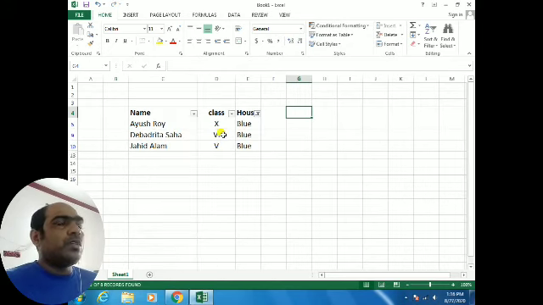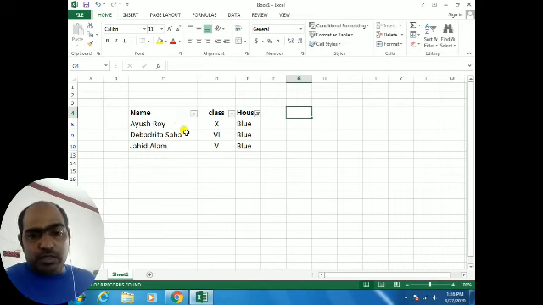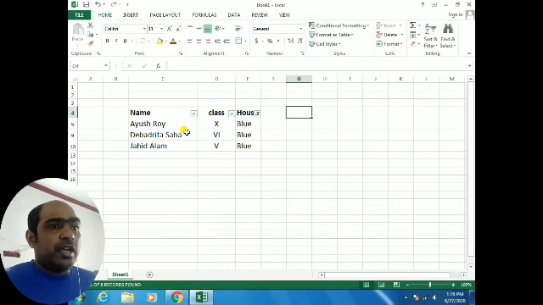See, those who belong to the Blue house, their names according to their class will display. This is called the filter option. Filters mean you have so many students' names to retain. I have given one example, that is house, and according to their class. These are the options I have done here, and you will do your house in different ways.